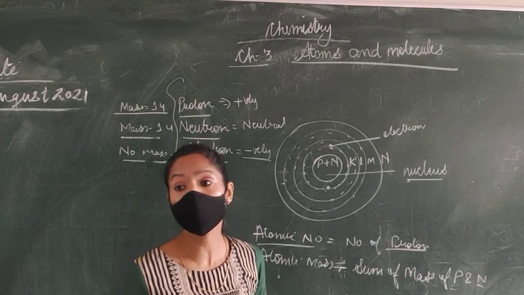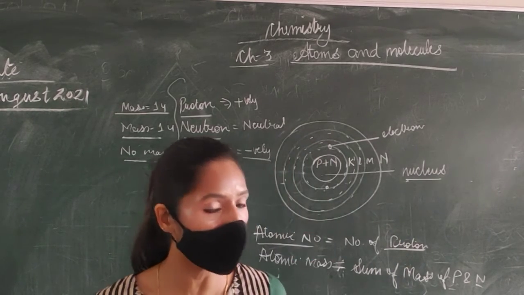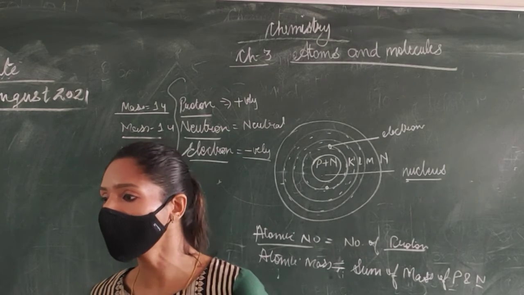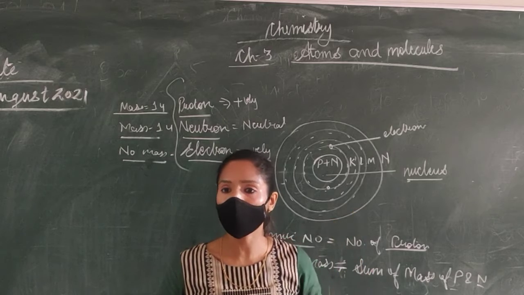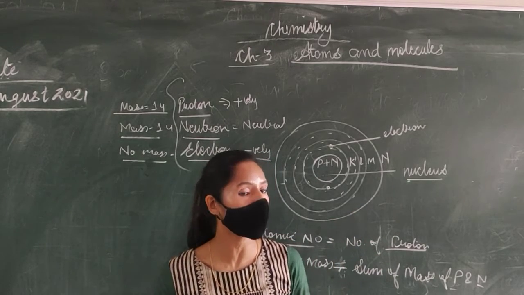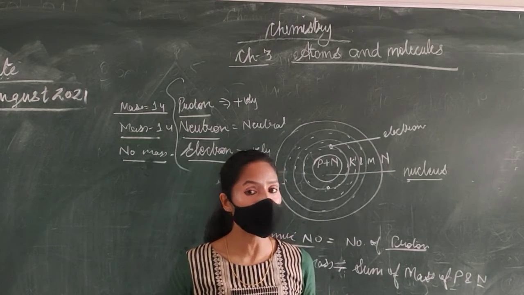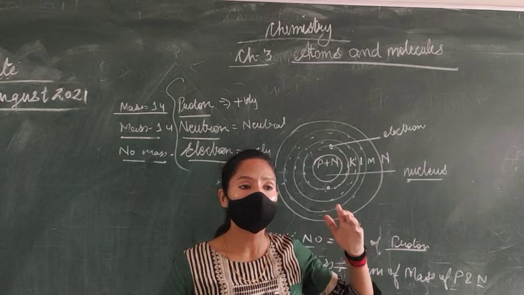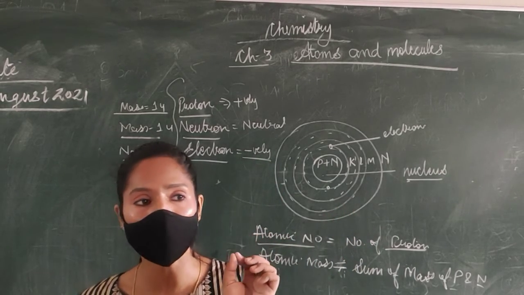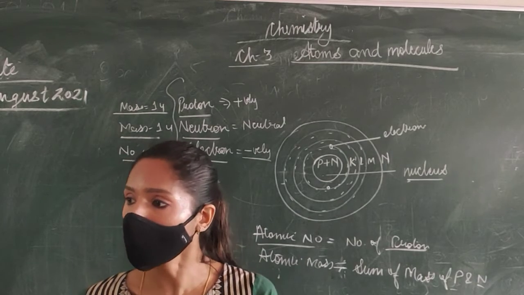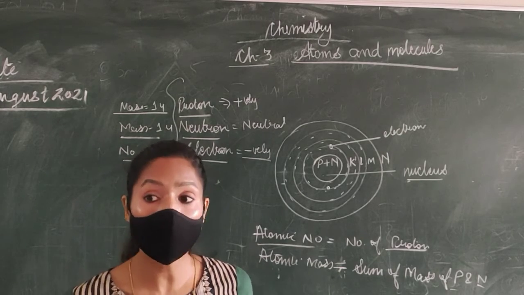So in your book I have told you to learn that table in chapter number 3, which has a sequence and order of the names of some elements. I hope you all have learned that. They are in a sequence from 1 to 20. 1 to 19 are there, and I told you to write 2 more, 19 and 20, which are potassium and calcium. So the first element is hydrogen, its atomic number is 1, then helium, and then lithium.